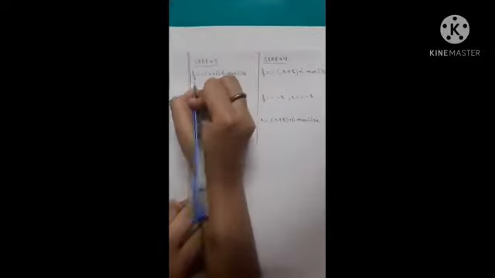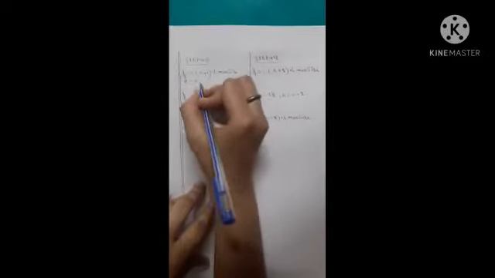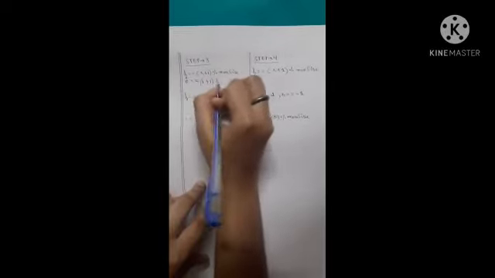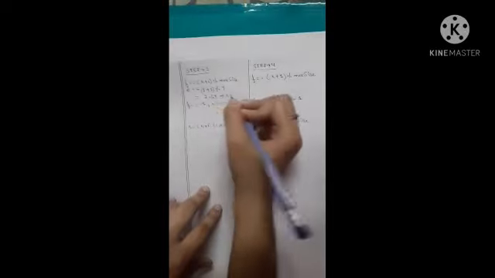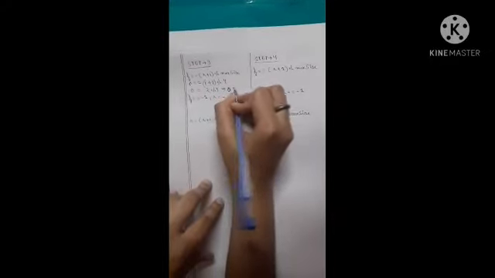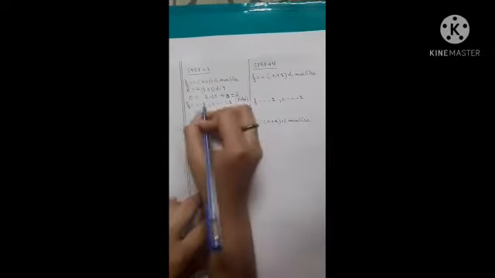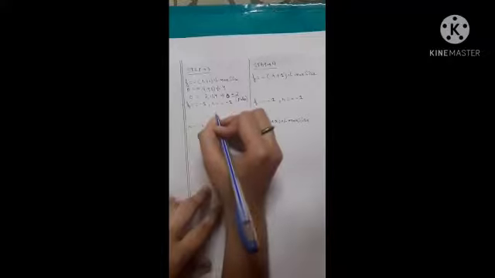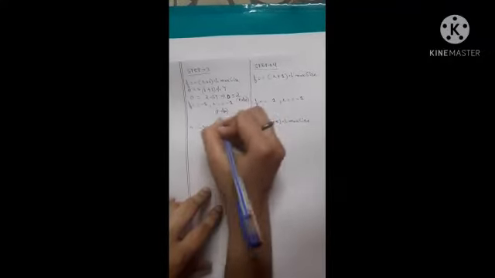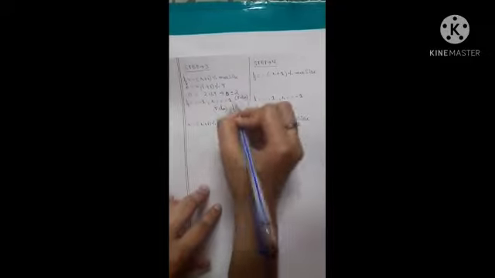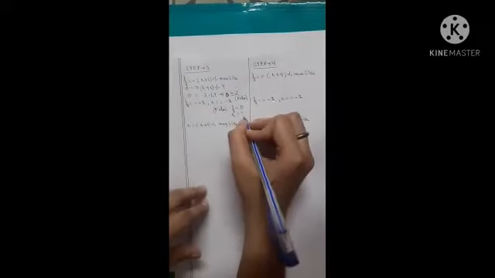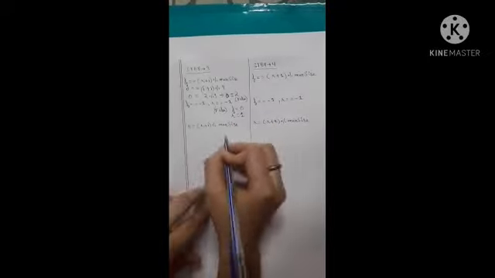Similarly, when we go to step 3, again we will check front is already 0, that equals to rear, which is 1, plus 1 modulus operator 4. So now it will be 2 modulus operator 4. So it will be 0 equals to 2. So 0 is not equal to 2. So again this condition will be false. So this will be then checked. Now this condition will also become false because front is equal to 0 and rear is equal to 1. Okay, so now this will be executed.